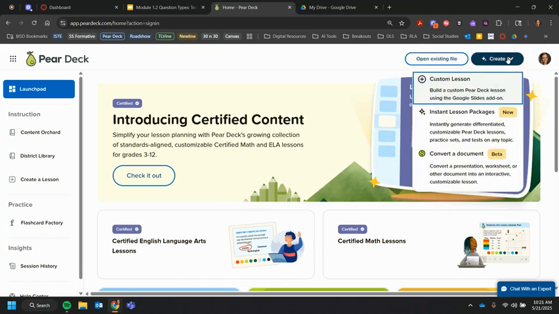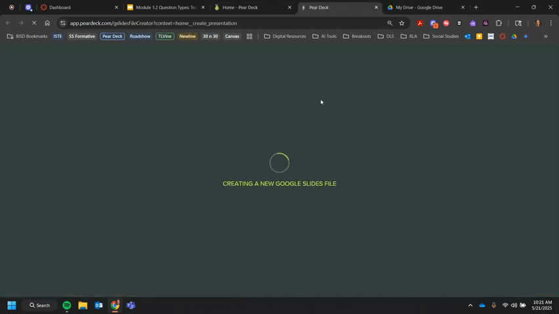Or I can click this Create button, which will give me 3 options. A custom lesson will give me that blank lesson where I can start from scratch. Instant lessons and convert a document we'll explore more later in the course, but these will use AI to help you build a lesson. So if I click custom lesson, again, it's going to bring up a blank presentation, except